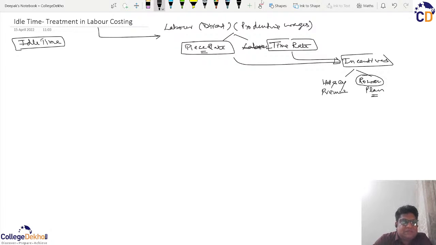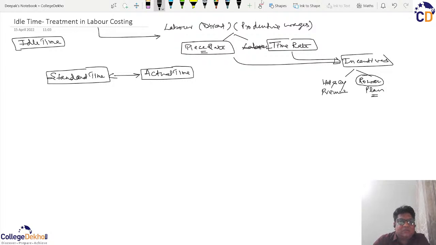Why am I stressing this? A company always decides about the time which a normal worker should take to create the output, and we use the word standard time. And then we also measure the actual time which he has taken to create that output, and based on their comparison we decide whether the incentives are to be given or not.